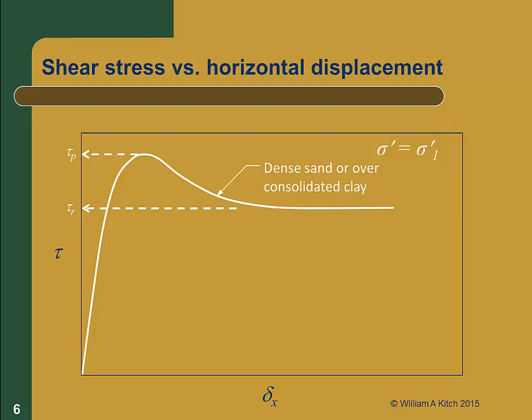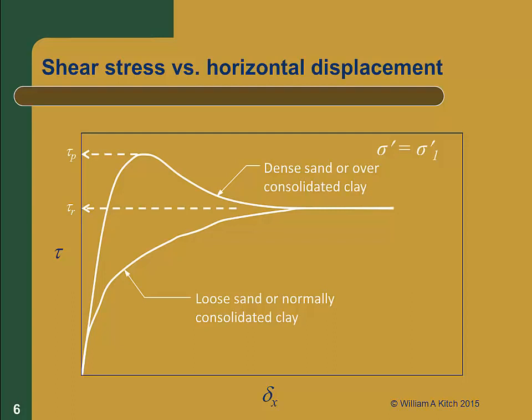The second shape of curve shows a monotonically increasing shear stress as the horizontal displacement increases. It eventually reaches an asymptotic peak strength. This case is typical of the behavior of loose sands or normally consolidated clays. In these soils, the shearing process causes soil particles to rearrange themselves into a denser configuration. This causes contraction or densification of the soils in the shear zone, and the soil gains strength until it reaches its peak value. This particular figure illustrates one soil, say a certain sand,